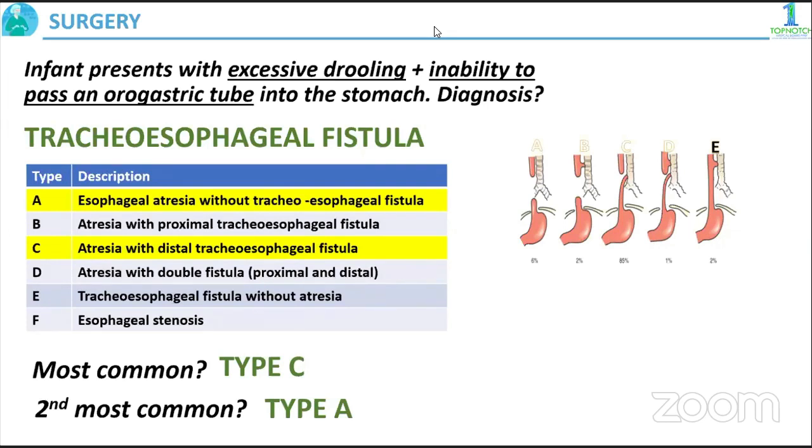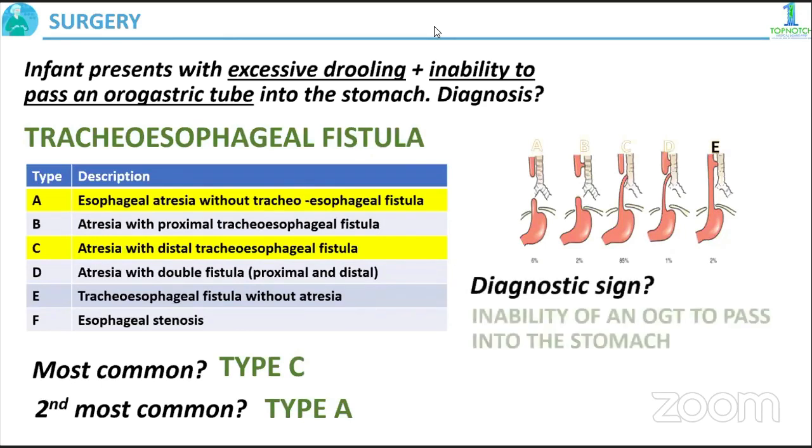But then, what's the diagnostic sign? You try to insert an OGT, and if it can't pass,